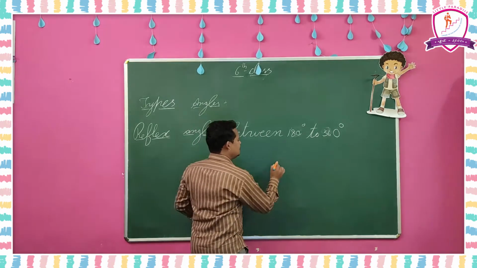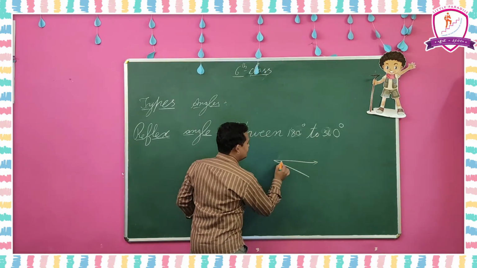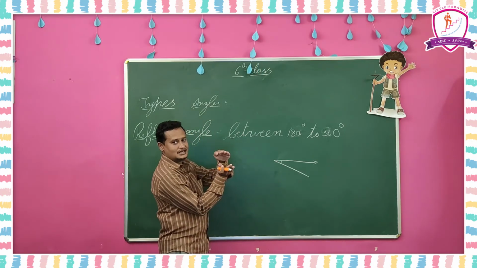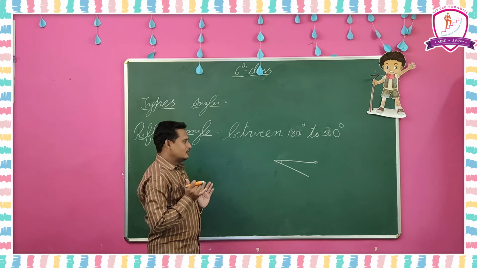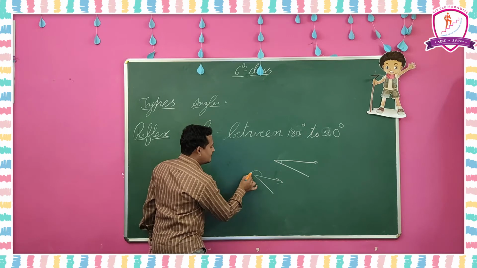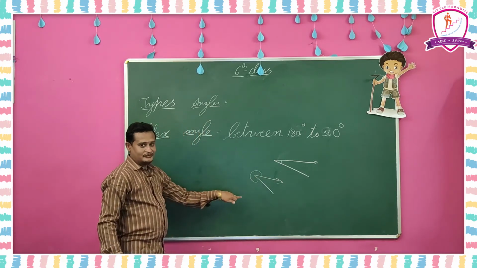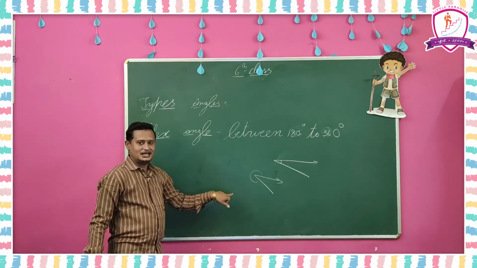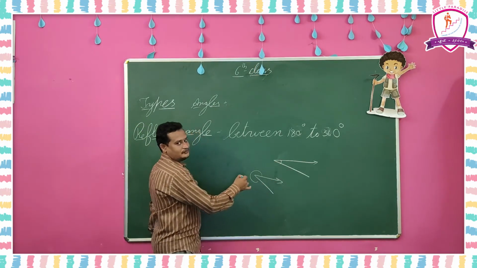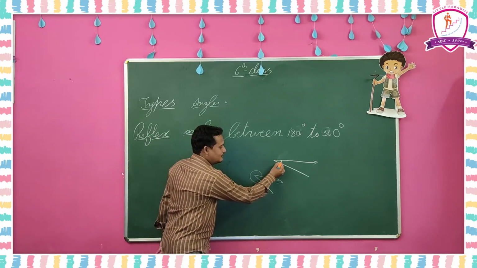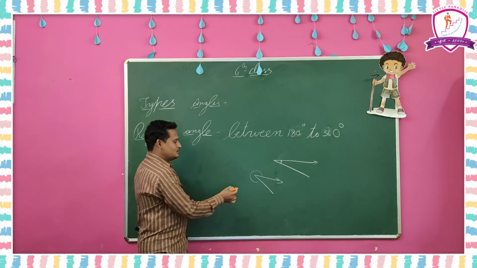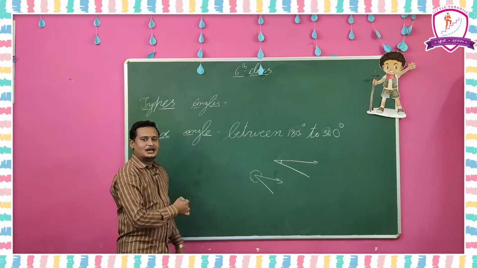an acute angle. For suppose it is like this, if I put an angle here, this is a small angle. So, this is less than 90 degrees, it will become an acute angle. So, if I put it like this, here I am going to draw like this. This angle must be more than 180 degrees, we can say that angle is a reflex angle. So, observe these two figures. Okay. This I put angle here. So, it will be less than 90, that is why it is an acute angle. So, here it is more than 180, that is why it is a reflex angle.